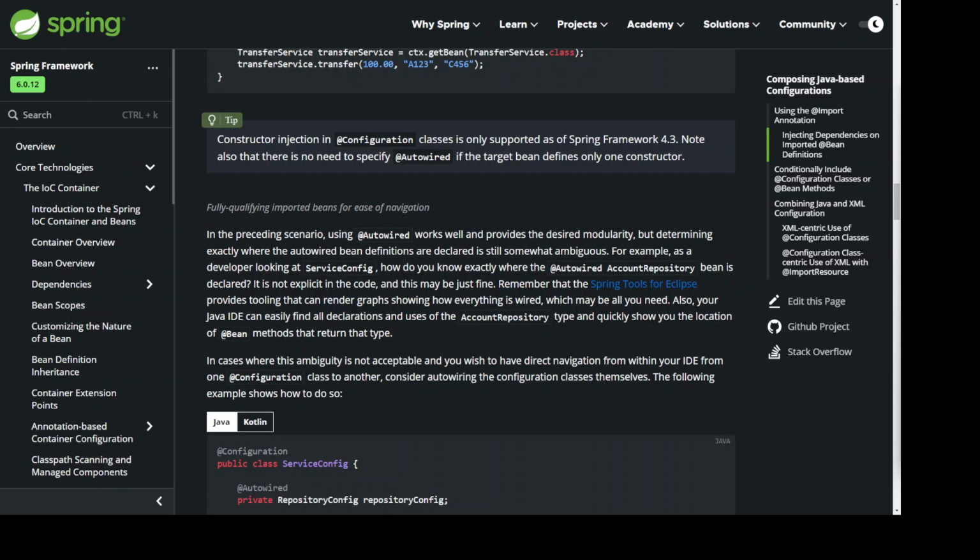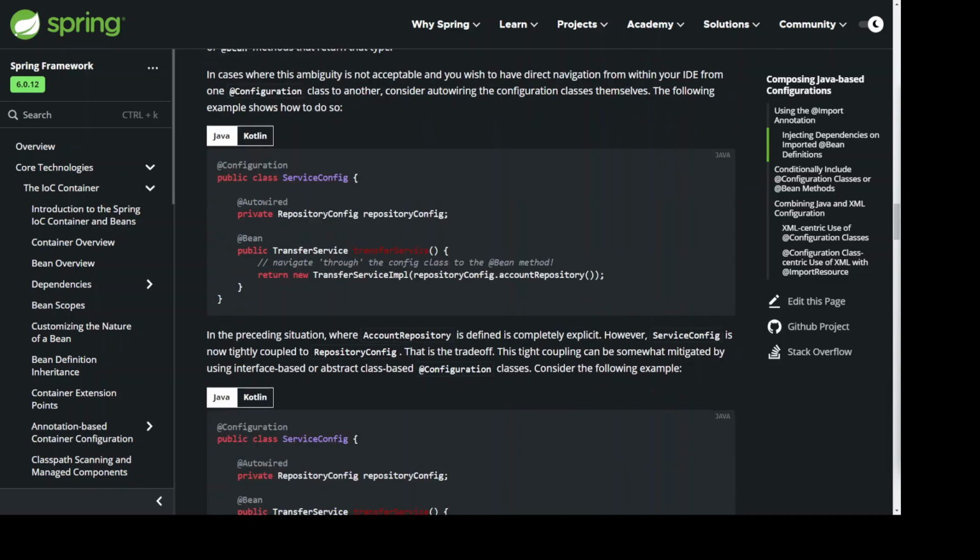In cases where this ambiguity is not acceptable and you wish to have direct navigation from within your IDE from one @Configuration class to another, consider autowiring the configuration classes themselves. The following example shows how to do so. @Configuration public class ServiceConfig { @Autowired private RepositoryConfig repositoryConfig; @Bean public TransferService transferService() { // navigate through the config class to the @Bean method return new TransferServiceImpl(repositoryConfig.accountRepository()); } }